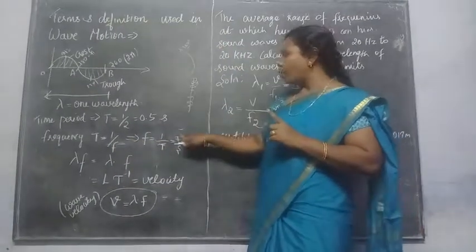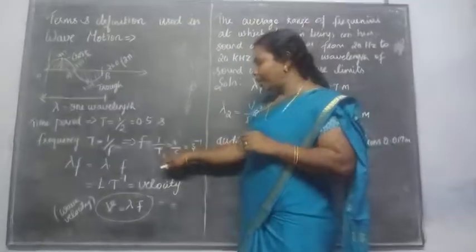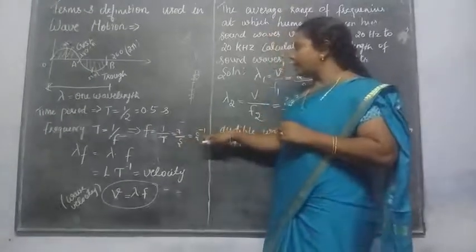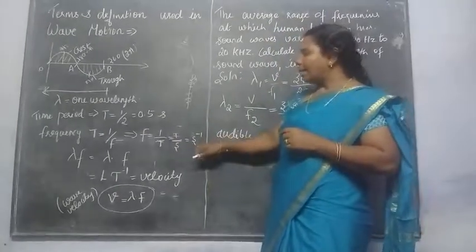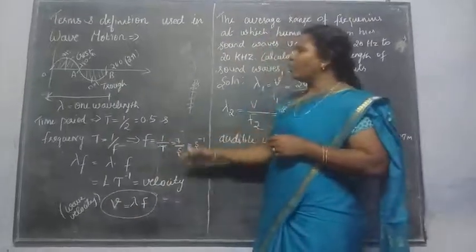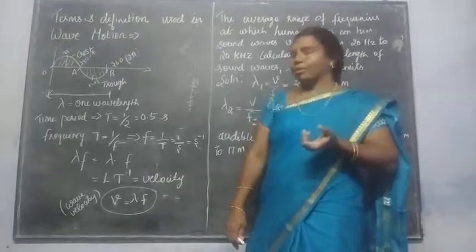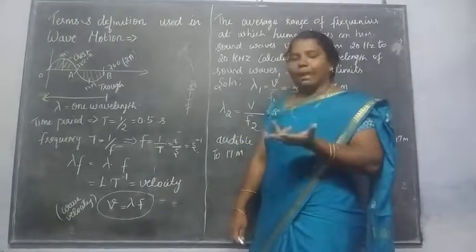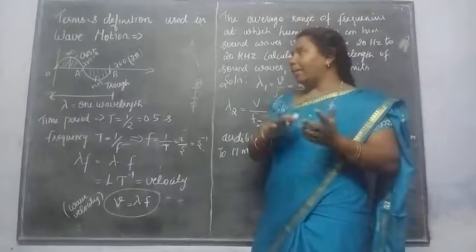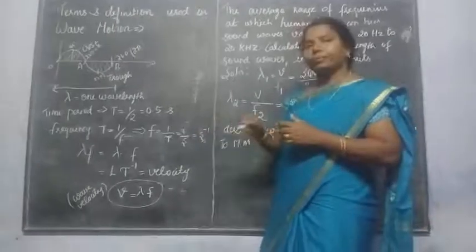Therefore, frequency is equal to 1 divided by time. You know that the unit for time is second, so you can say second inverse, or the frequency unit is Hertz. You learned these in your previous chapter, oscillations. Can you remember what the time period is, what the frequency is, and the relationship between the time period and the frequency and the unit? Did you get it?